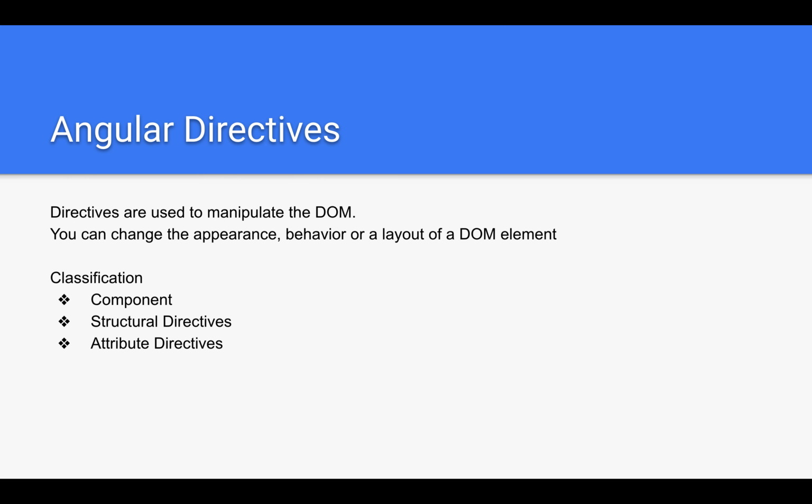Next we have attribute directives. In these attribute directives, you can apply some class dynamically. They are used for changing the appearance or behavior of an element, component or directive. Suppose you can apply some color dynamically to an element, or you can declare two classes inside the CSS file, and a class can be applied dynamically to an element. We are going to see these directives next, and I'll give some examples.